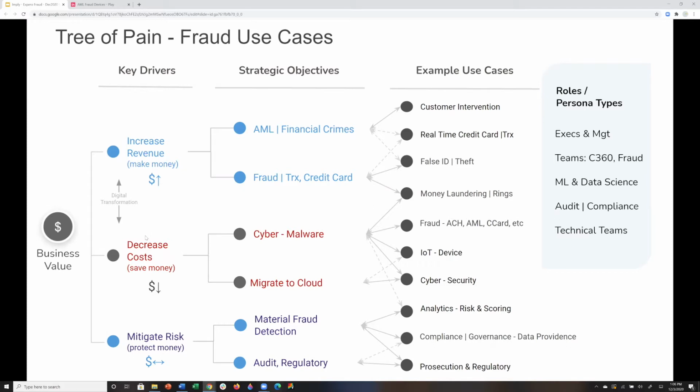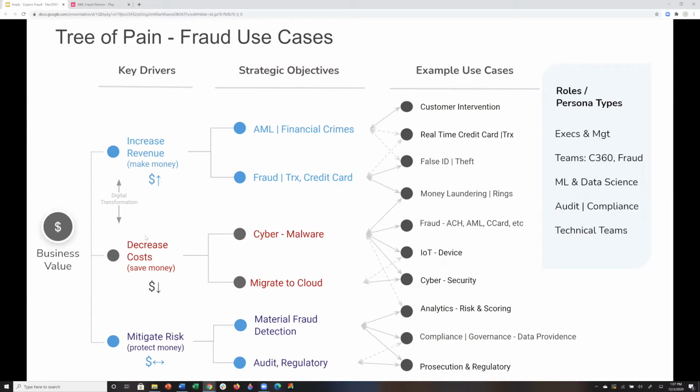And as our business partners see it over on the left, which is I need to increase my revenue. Well, allowing potentially falsely blocked transactions through allows me to make more money. So instead of picking something that looks like fraud and then blocking that transaction for buying that good or service, right? The other element then is this cutting the cost, right? So obviously finding fraud cuts cost and spending, those kinds of things, but that also overlays into sanctions, right? Which is if we can prove that we are doing a good job, perhaps we may not get that fine and those kinds of things down in the bottom, which can turn into risk, right?